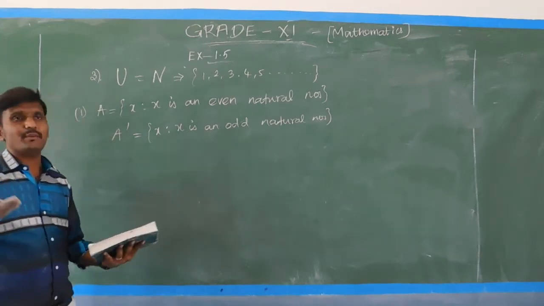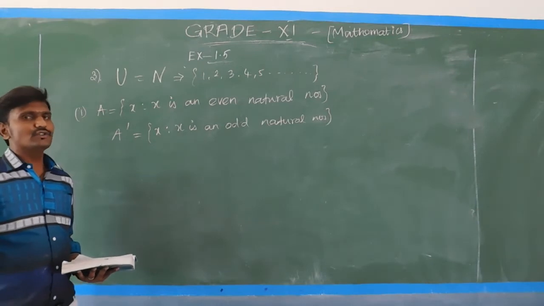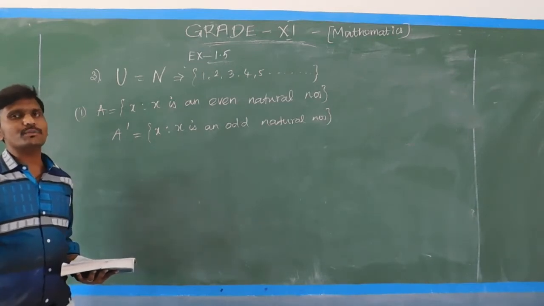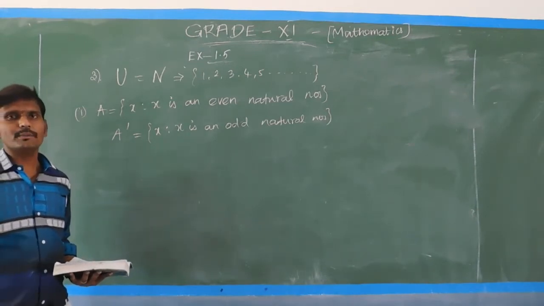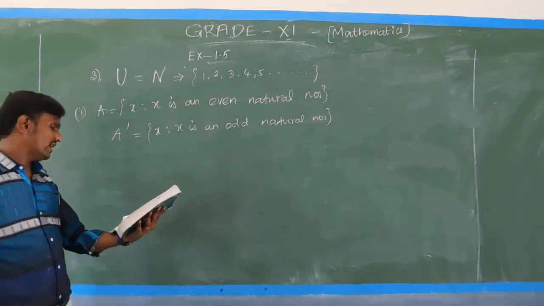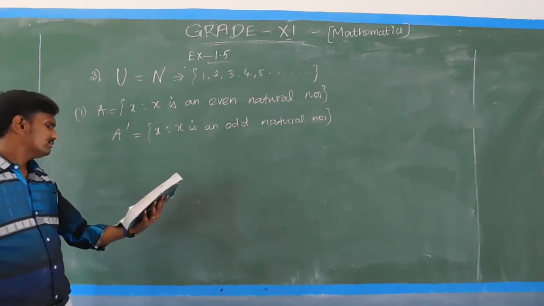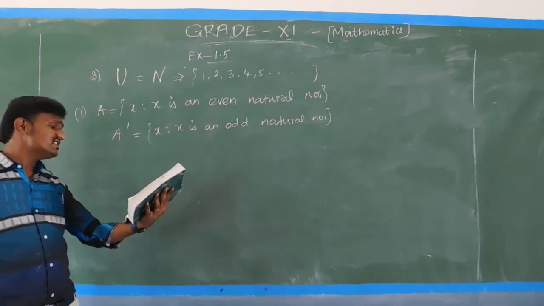The next is another question. The sixth is the same: perfect square and perfect cube. So very simple. x such that x is not a perfect square or x is not a perfect cube. Like that. Fine. Then the eighth and ninth questions are different.